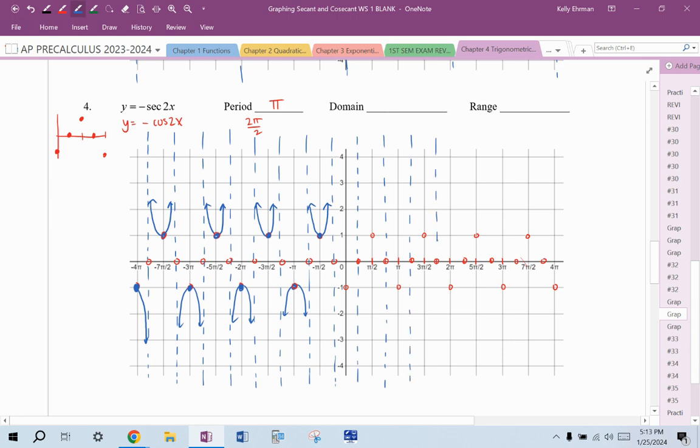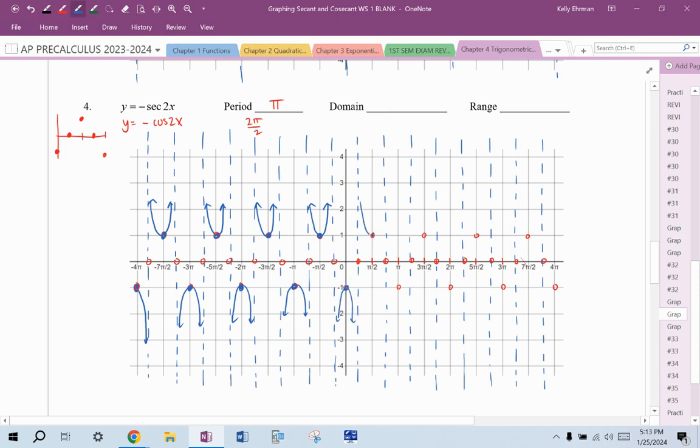So I'm filling in all the vertical asymptotes anywhere the cosine graph has a point on the midline, because that's where cosine is equal to 0, and 0 has a reciprocal of undefined for the secant value. All right, so putting this in,